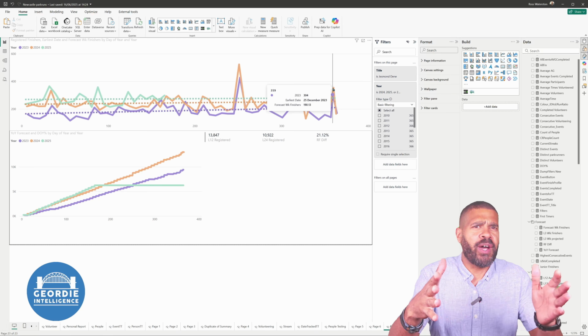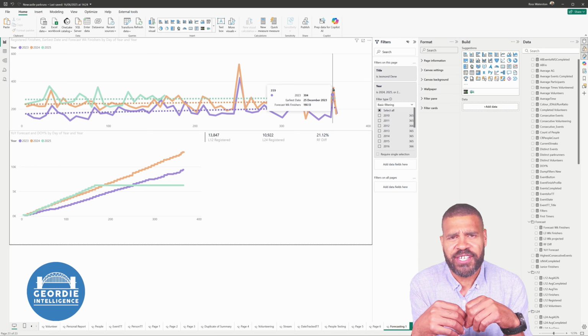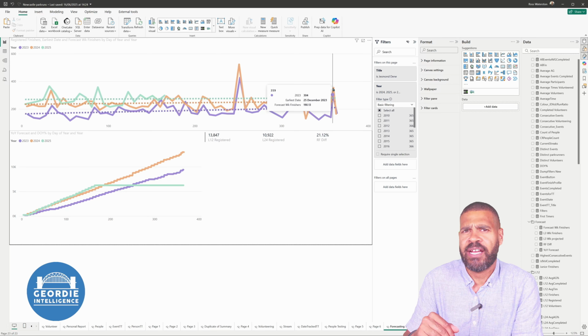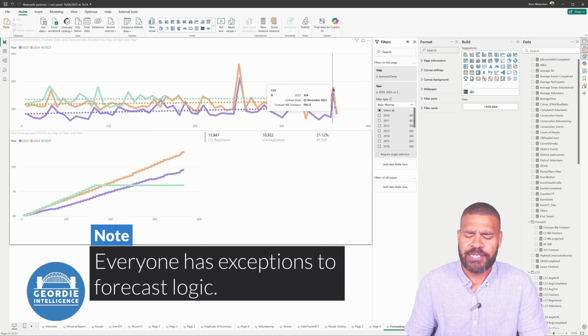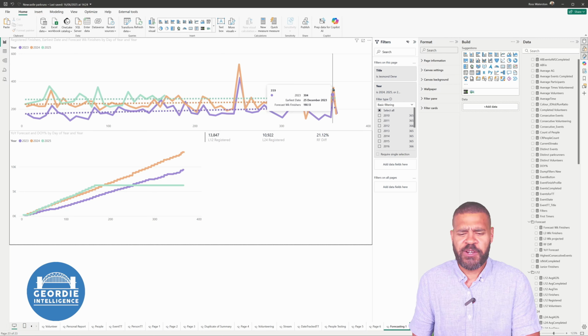So are we then limiting ourselves? And this is one of the things that always comes to me whenever we do forecasts, whenever we work with clients to get forecasting in there: the exception needs to be included. And we can easily do them. The logic for it isn't terrible. It just becomes really awkward to work it through.